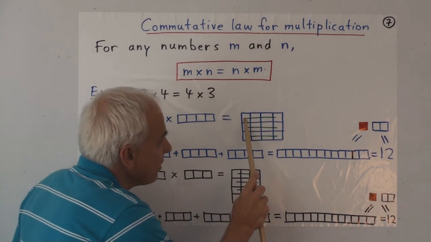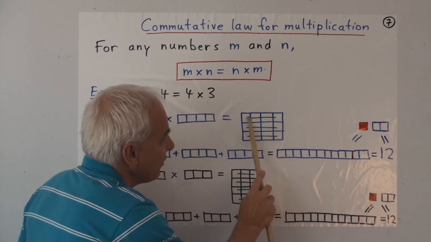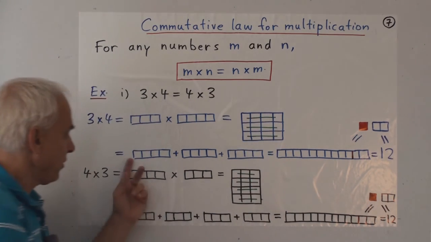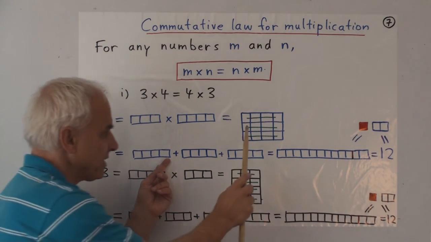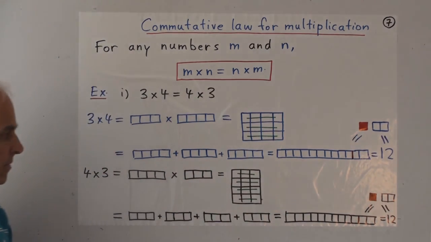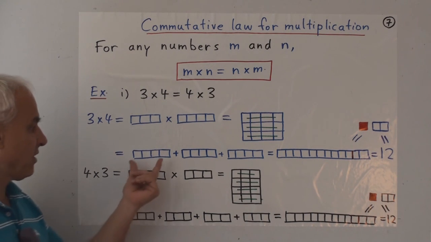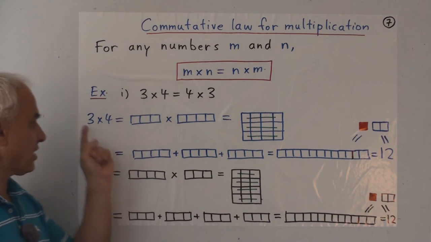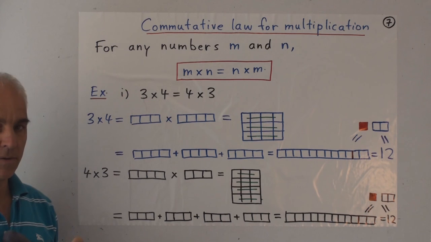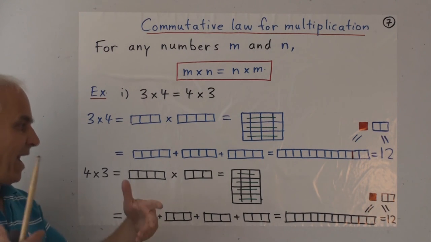And we can think about rows of this rectangle because each row is itself what we're calling a number. That first row is the number 4. The second row is a number 4. The third row is a number 4. So what 3 times 4 effectively means, it's 4 plus 4 plus 4. It's 3 lots of 4, or 3 groups of 4, or 3 copies of 4 added together.